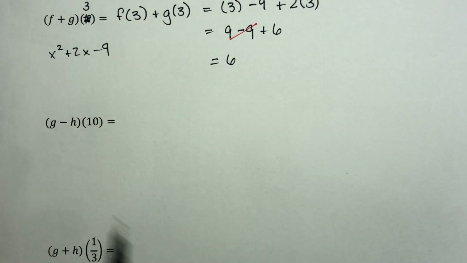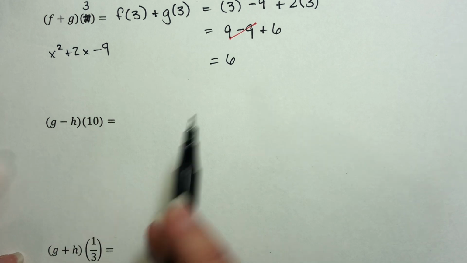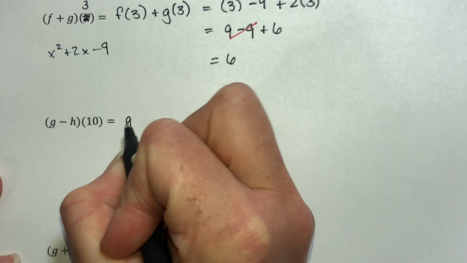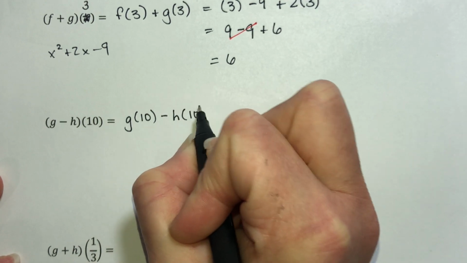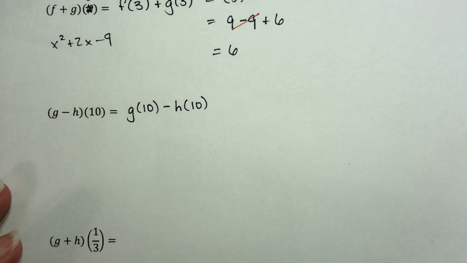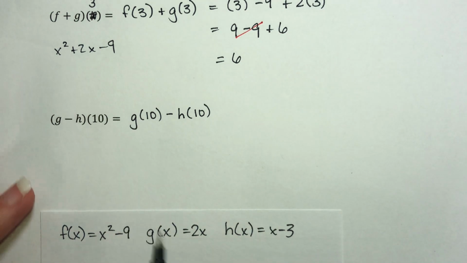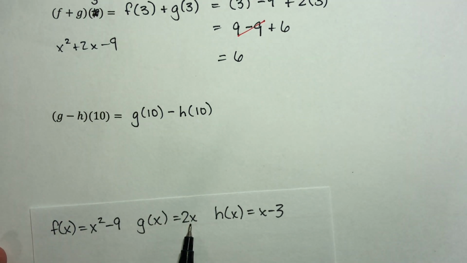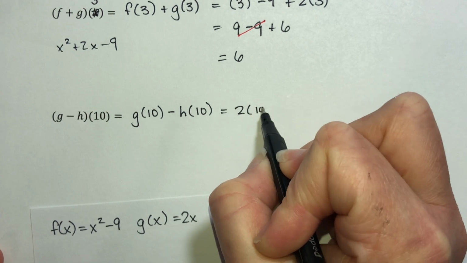Okay, so let's find g minus h of 10. Okay, so that means I'm going to find g of 10 minus h of 10. Now this is a subtraction, so I'm going to need to use parentheses and make sure I've got everything taken care of. To find g of 10, I take 10 and I plug it in here. So this is going to be 2 times 10